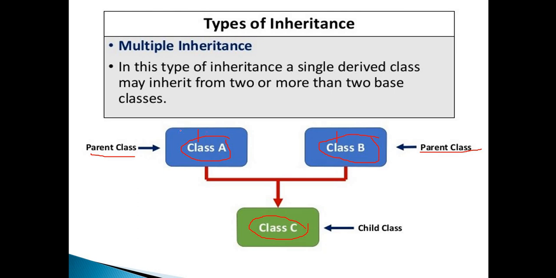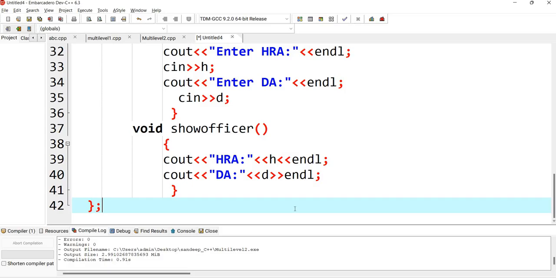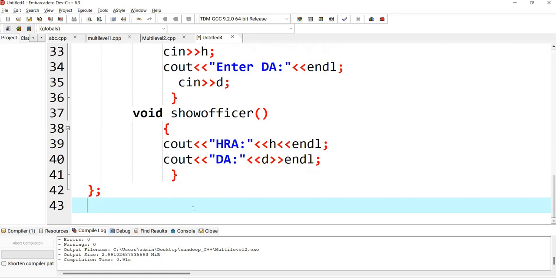I have created these two classes, class worker and class officer. Now I'll be creating a third class, for example a manager. This manager will access these two classes. So I'll create a class manager which will access these two classes.